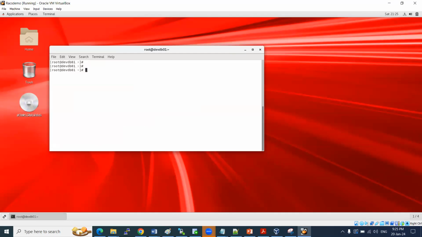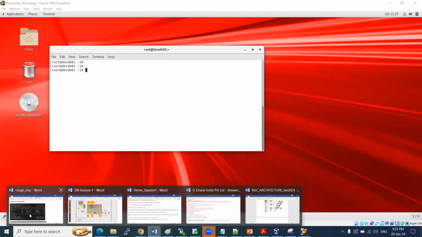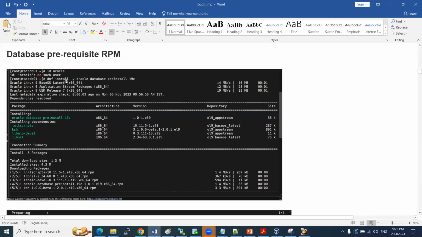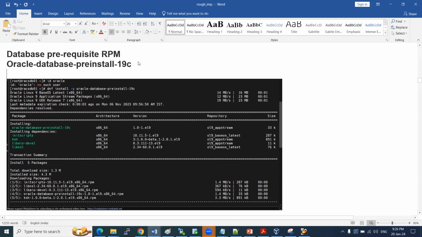One of the important RPMs which we need to install before database installation. This is a very, very important RPM. This should be installed: oracle-database-preinstall-19c. This is a very, very important RPM